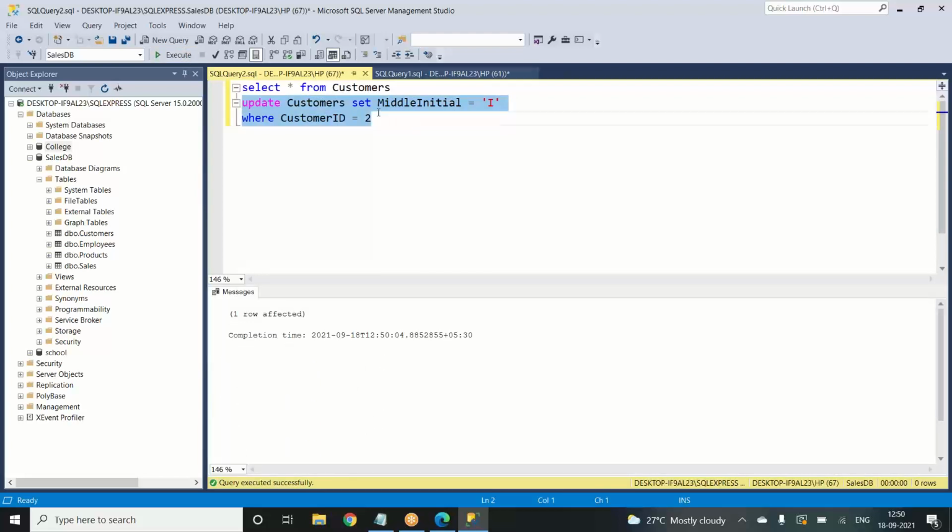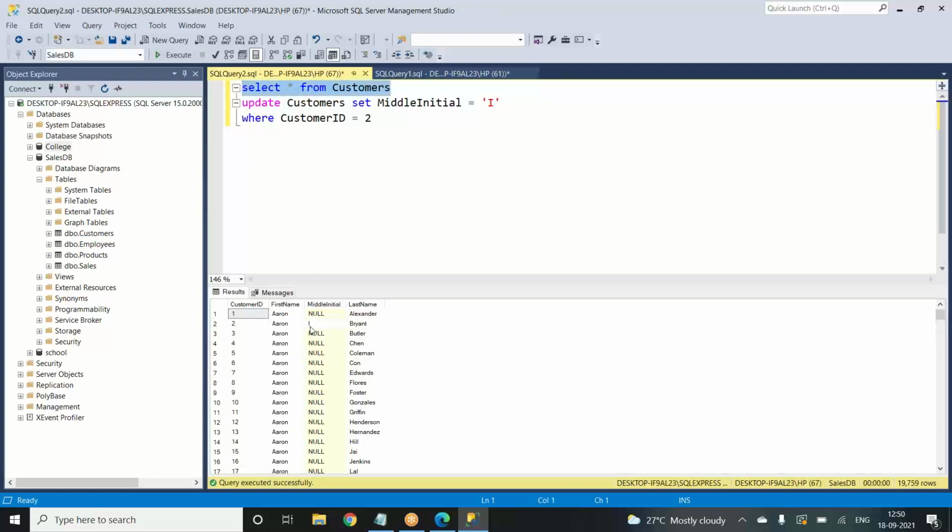See, one row is affected. Now we'll select, and right now it is changed to I.